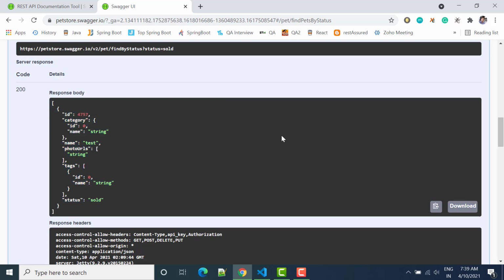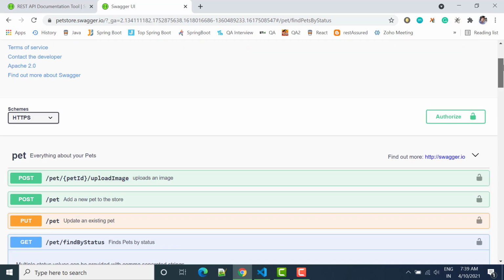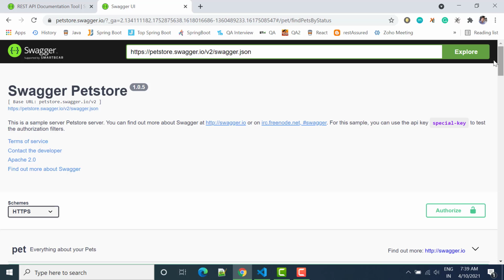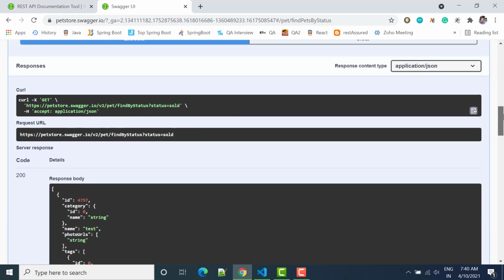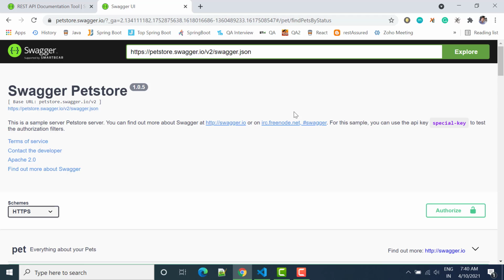Same thing we can do using our Node.js project. Let's see how we can create this UI so that we can directly check our APIs through Swagger. Instead of Postman, we can directly execute and see the response of our RESTful API in Swagger.